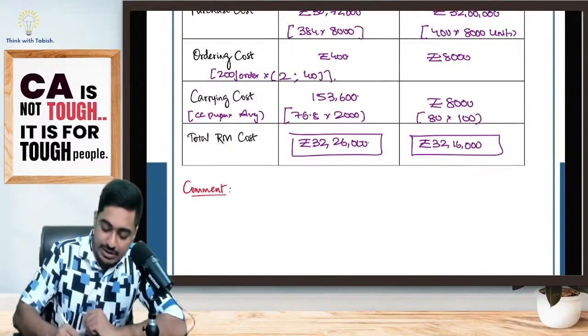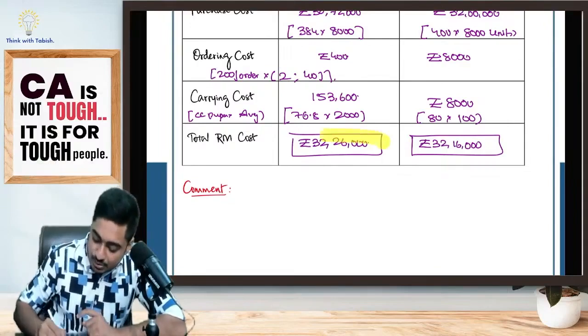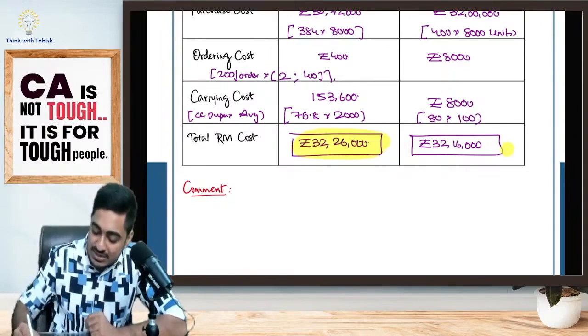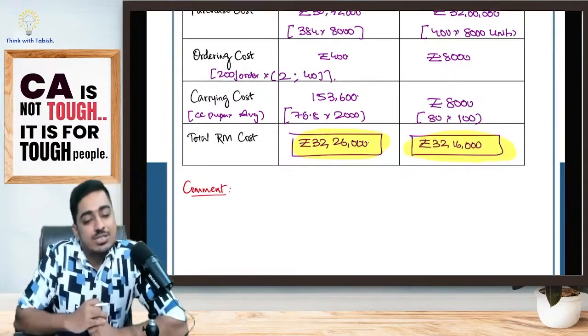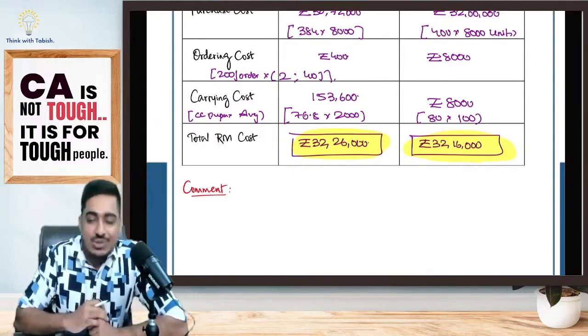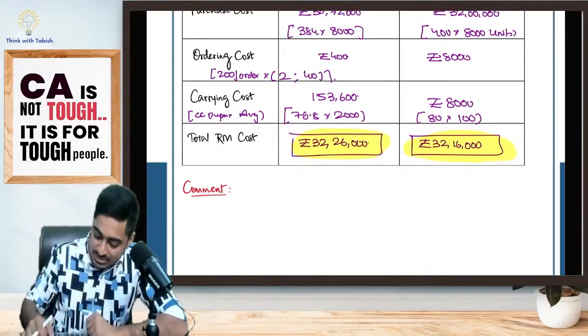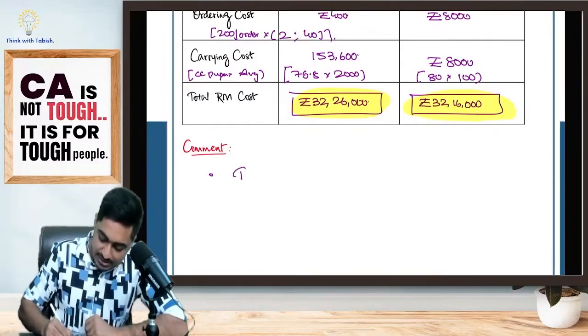Now tell me. If I accept the discount that the supplier is giving me, my total cost is how much? 32,26,000. If I don't accept his discount and purchase as per EOQ, what is my total cost? 32,16,000. Tell me which one is better, students? Should I accept his discount? Why should I accept it for no reason? Without it I'm saving 10,000. Yes or no, everyone? So tell me, I will give a comment.